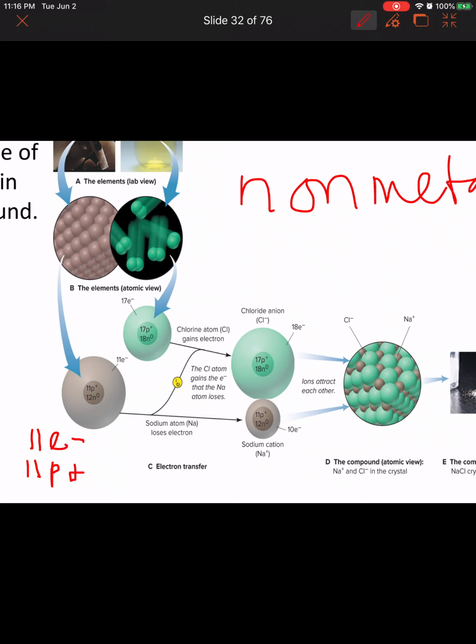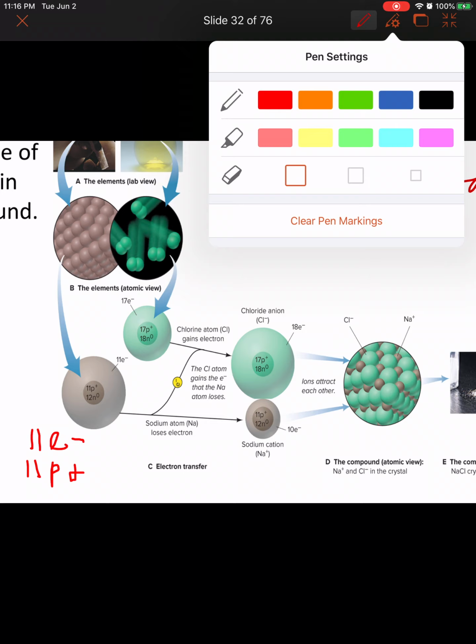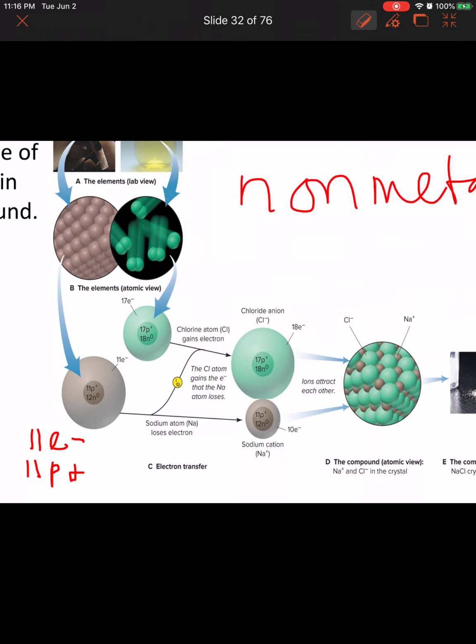So the charges are neutral. So it has a neutral charge, but once one electron is lost, sodium has 10 electrons